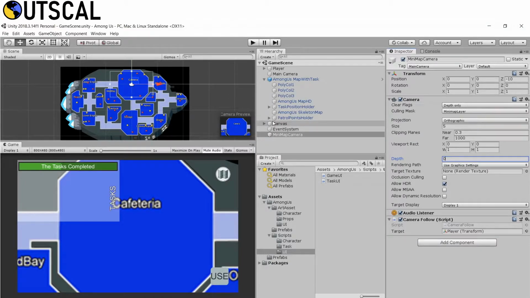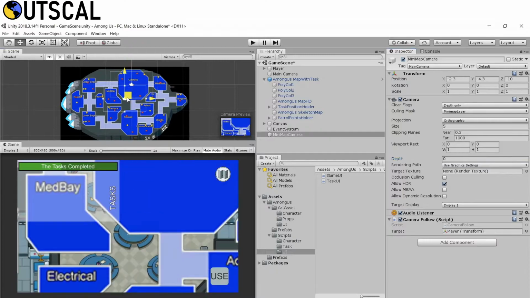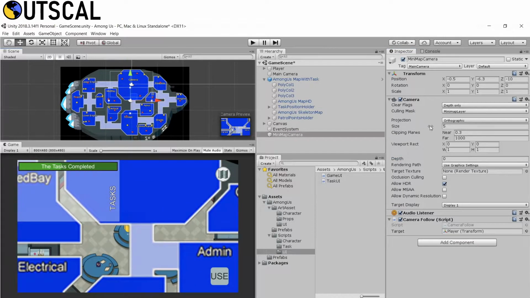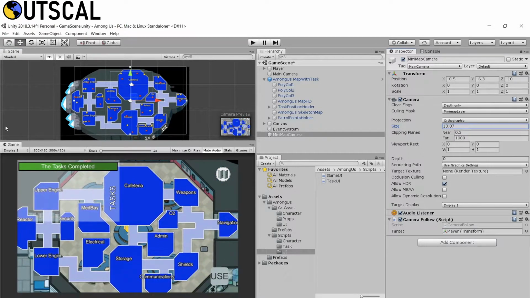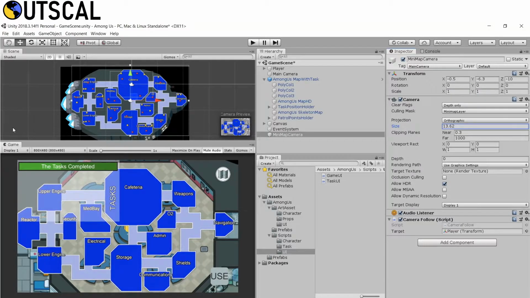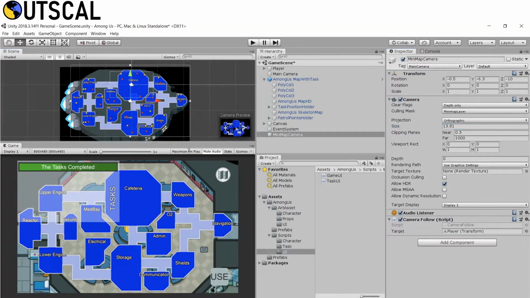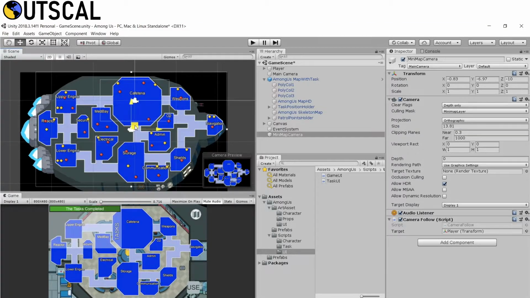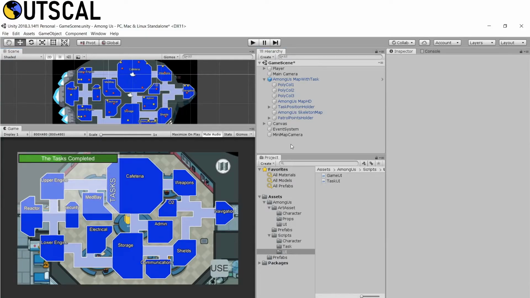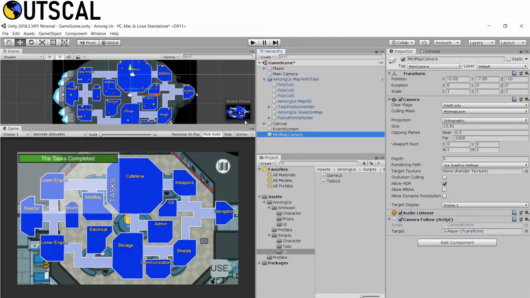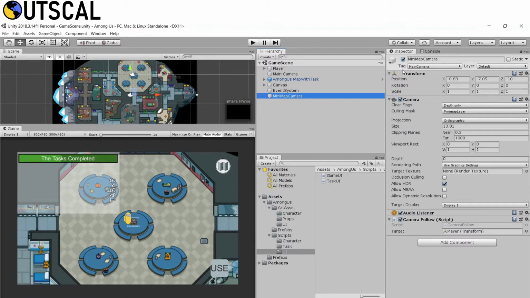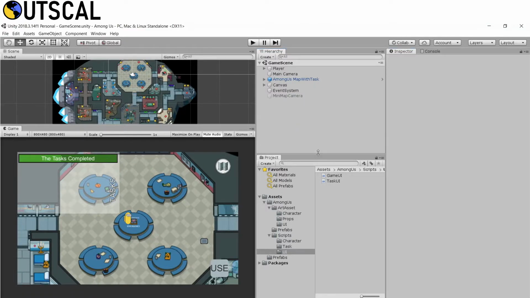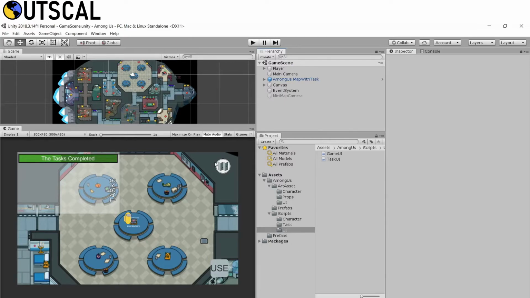Okay, and now it is showing. I don't know why it was like that. And let's increase the size of this so that it fits our minimap. Okay, so now we are able to see our skeleton map. So let's deactivate our skeleton map and deactivate our minimap, and we need to activate them whenever we click on this button.